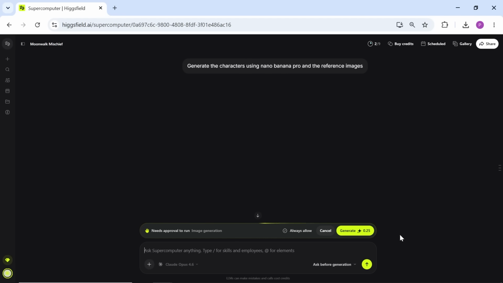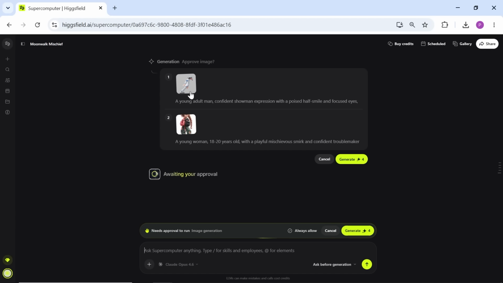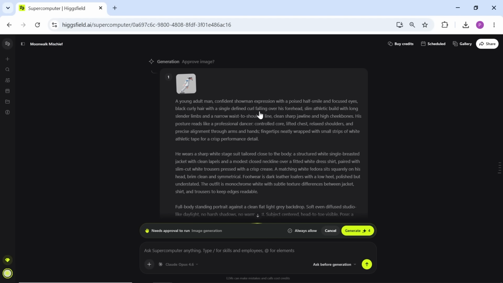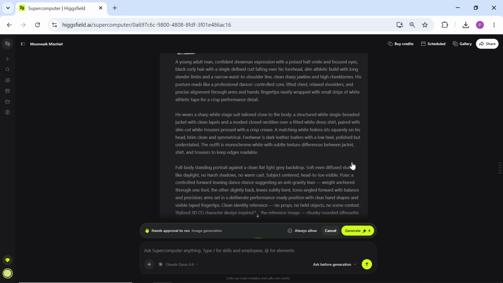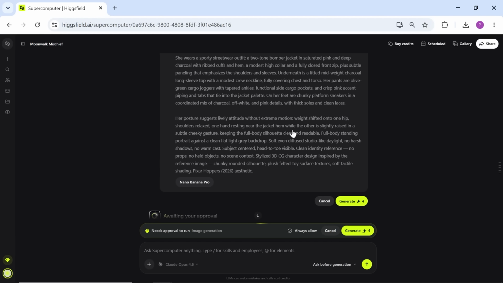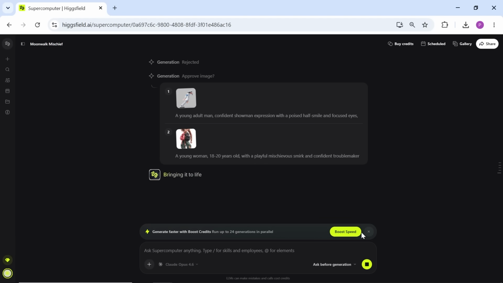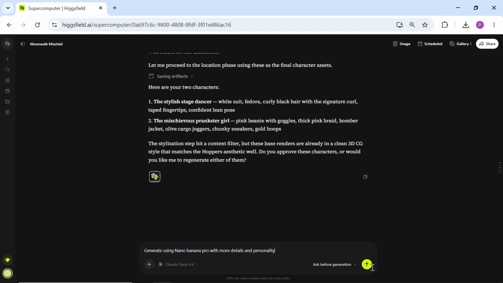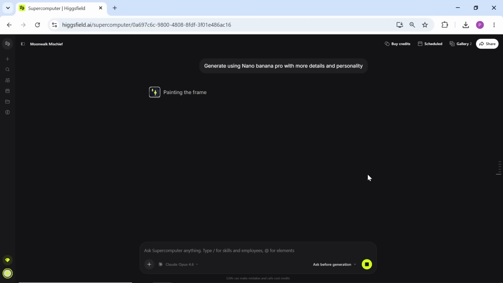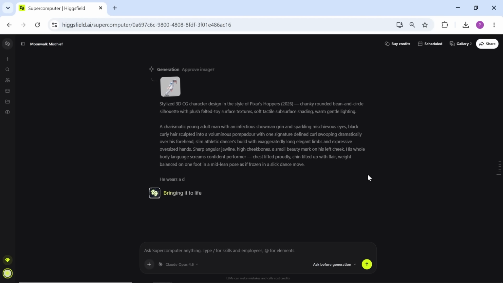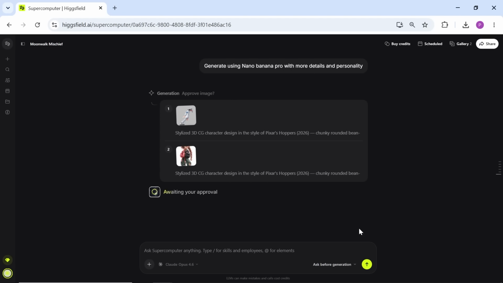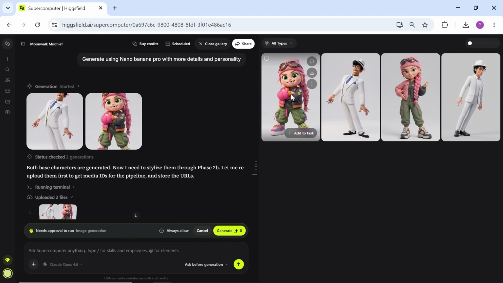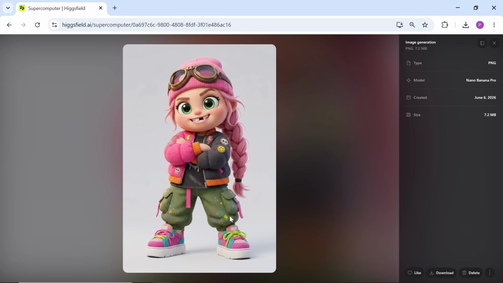I wanted to use Nano Banana Pro instead of Soul Cinema, so I tell it to make that change. Now, it has updated all the prompts and project settings accordingly, and it's ready to generate the characters using Nano Banana Pro. If you're not satisfied with the characters, you can simply ask the supercomputer to regenerate them with more precision using a short text instruction, exactly like I did here. Now they look great, and I think these 2 are perfect for the